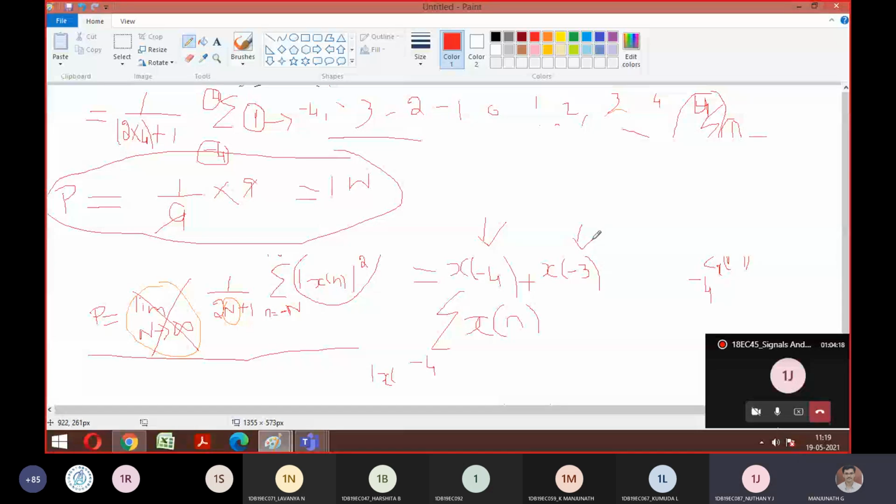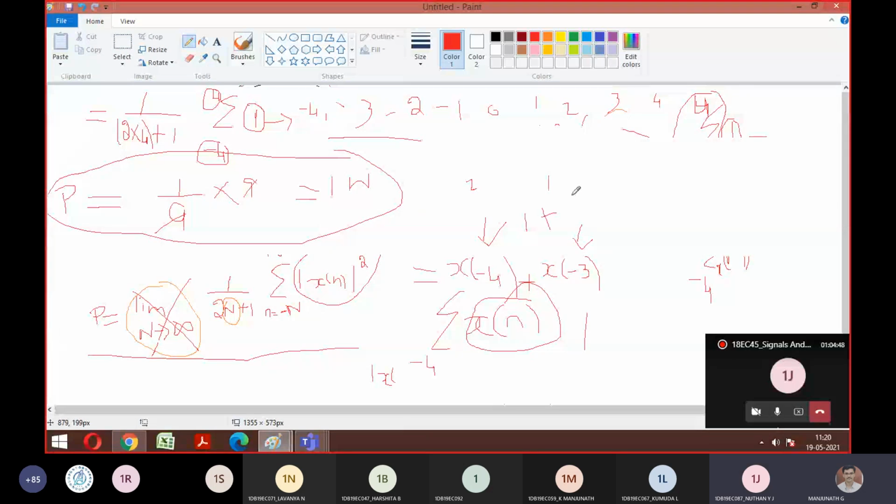Yes, sir. So that is why I told you that x of n itself is going to be 1 for the interval -4 to +4. It means the individual values x of 4, x of -3 are already fixed at 1, 1, 1. That is why I told you to write 1 plus 1 plus 1 for 9 times. That becomes 9 and is the answer here. Then 9 will get cancelled, left with power as 1 watt. Does that make sense?